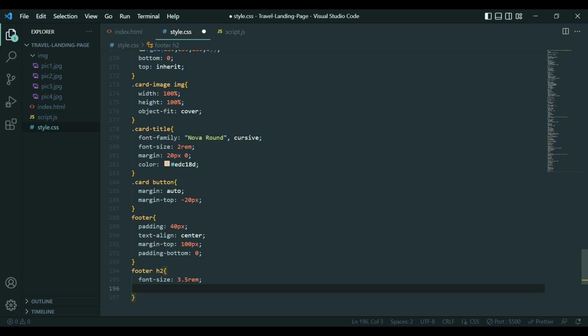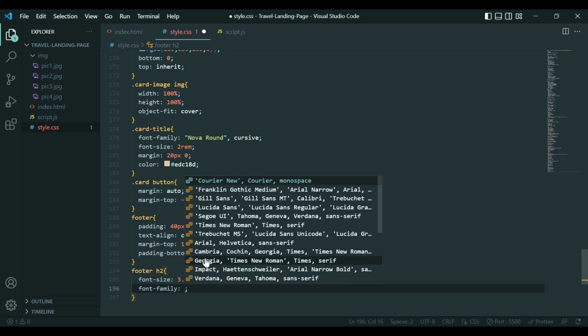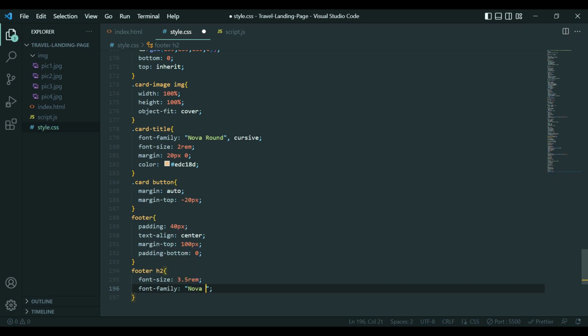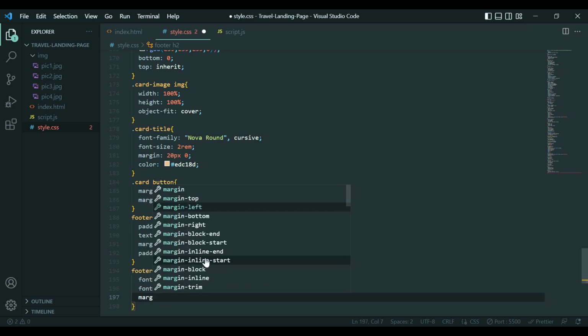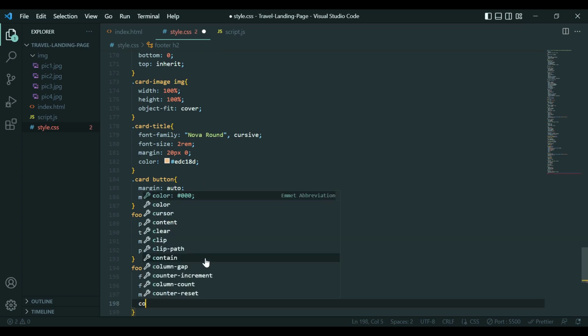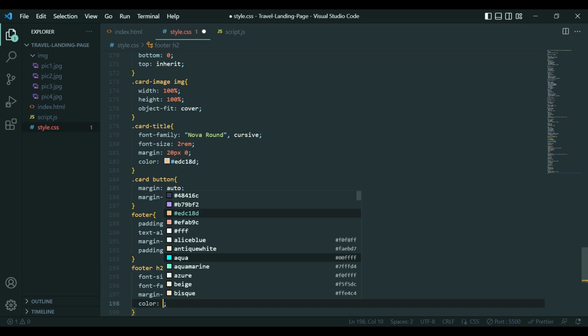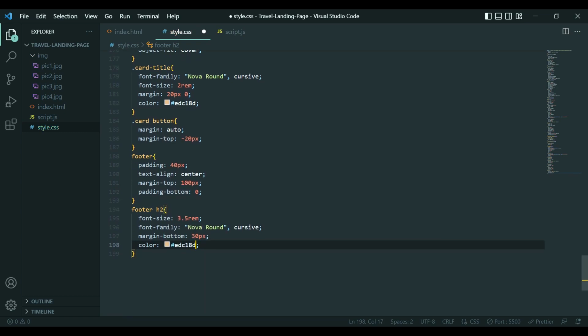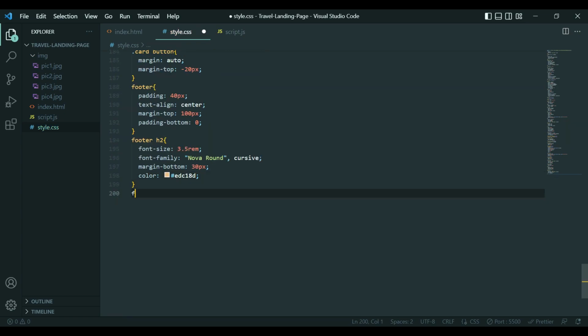Also we'll add font family, Nova Round, so this should be capital, okay? And again it's going to be cursive. Next we're going to say margin bottom to be 30 pixel, and lastly I'm going to add color. Next is we need to edit our input, so I'm going to say footer input,